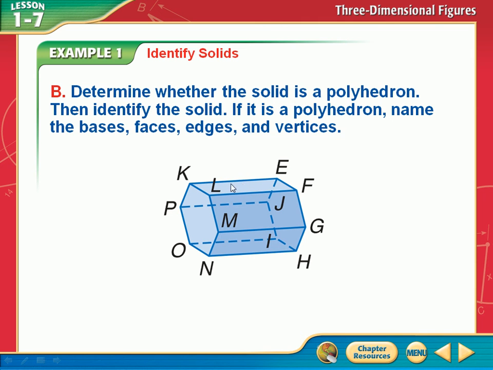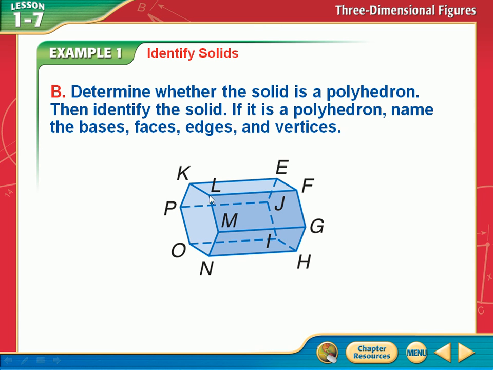These would be all the faces. See this top one, this one on the side, this one here, the one it's sitting on. If I tilted this up and put it on the end like this, that would be the base. Now, how many sides does this thing have? It's got 6, doesn't it? So let's start at K. I'd call it what?